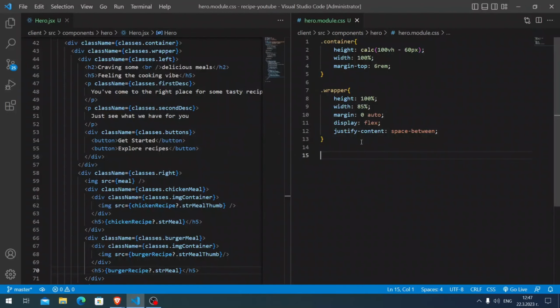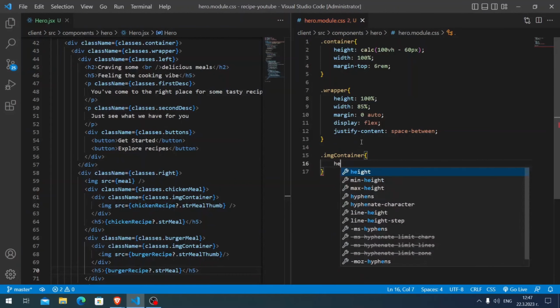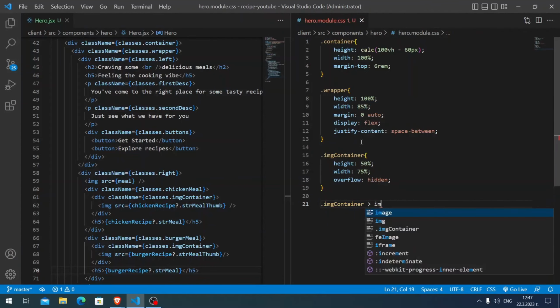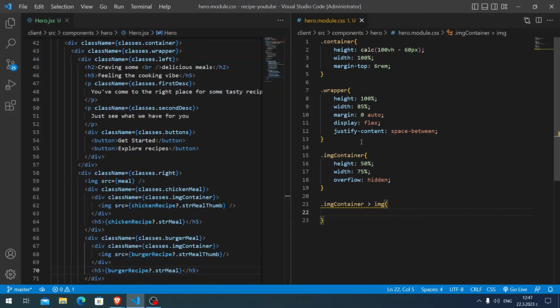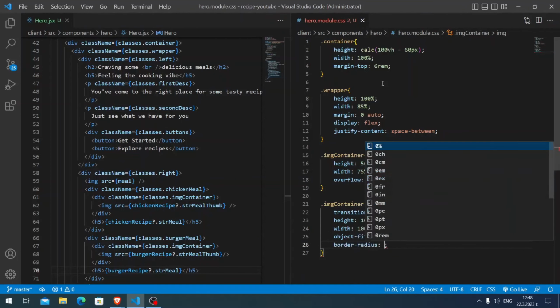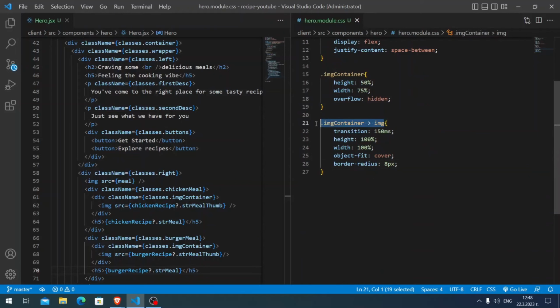Let me open the styling sheets again, and here .image container is going to have a height of 50%, width of 75%, and overflow hidden. Inside .image container I'm going to target the image, which is going to have a transition of 150 milliseconds, height of 100%, width of 100%, object-fit of cover, and border-radius of 8px. And let me make the hover effect, which is going to be the following: scale of